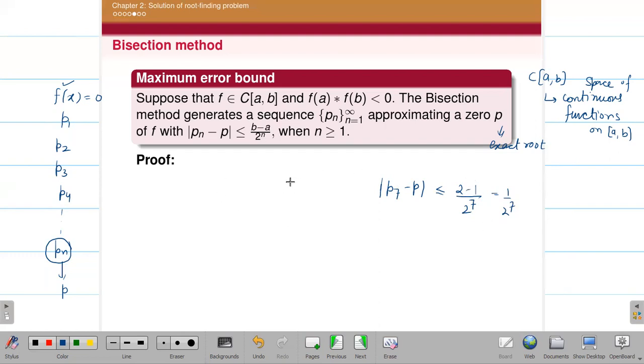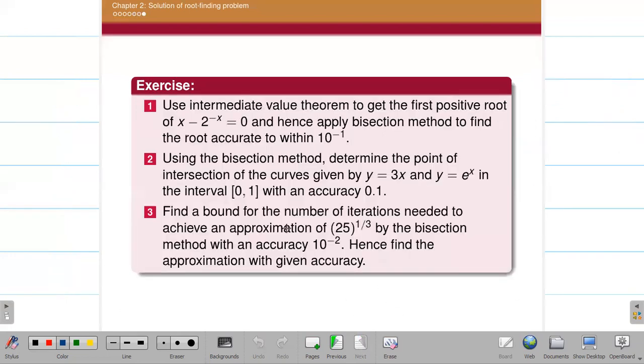That will continue in the next lecture. From this theorem result, we will be able to find the number of iterations also. By simply looking at the function and using this result, we will be able to find after how many iterations you will get the approximate root up to this accuracy. So for this, you will practice these questions, this first question and the second question.